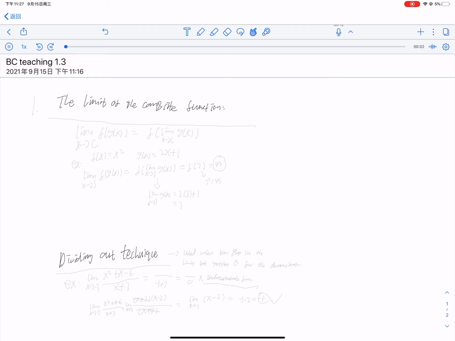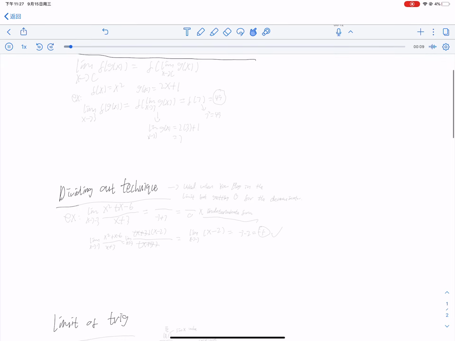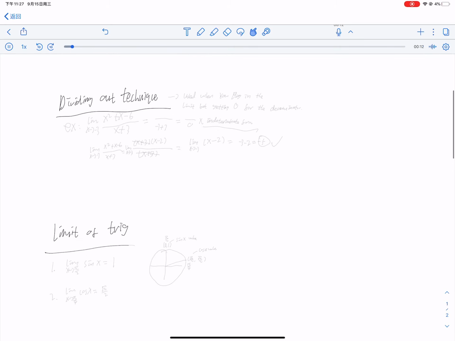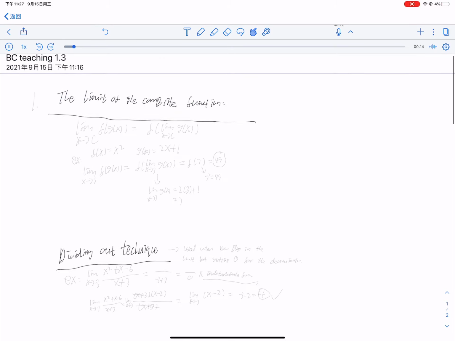Alright, hi everyone. So today I'm going to continue on the topic of limit. And we're going to cover the limit of the composite function, the dividing out technique, and the limit of trig today. Alright, so to begin with the first one,